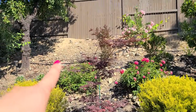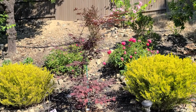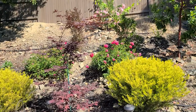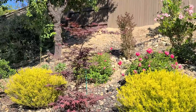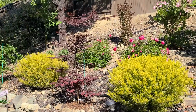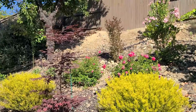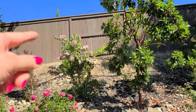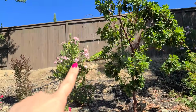But I do know that I'm getting sun-baked soil that is really, really bad. But that's what it is. But we had a very wet winter and spring, so this maple is doing great. It didn't double in size, but at least grew 1.5 times its size since we bought it. Also, new addition on top is I planted a little bit of